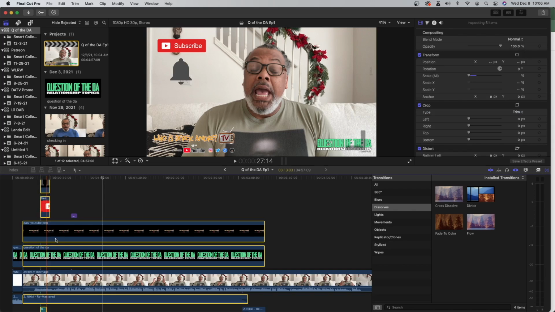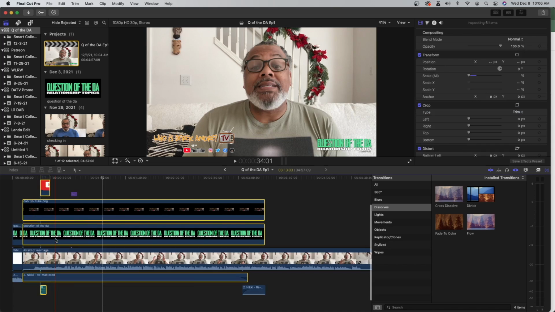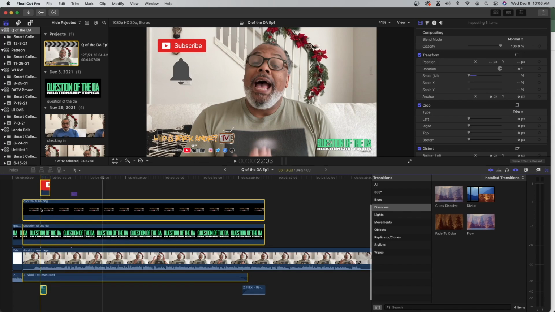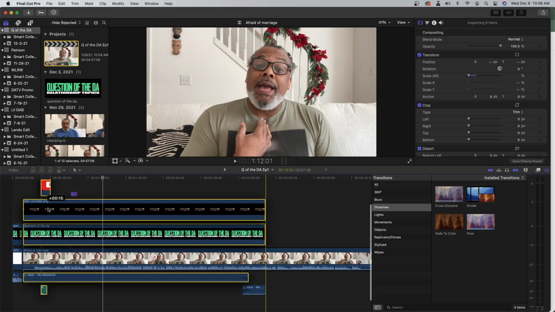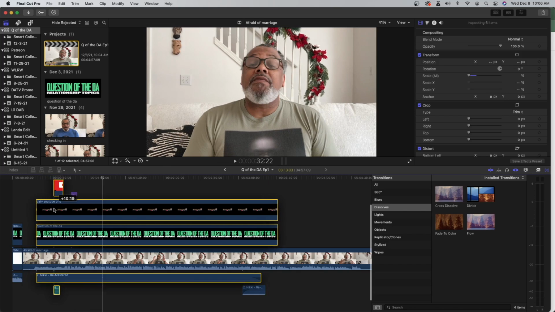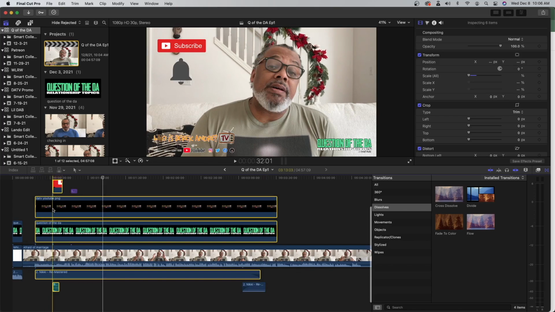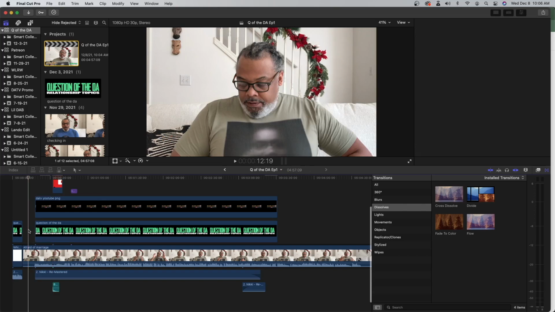All right. So because I'm going to cut that little quiet part out, what I like to do is I just drag all of this over to about right there. All right. And then once I've done that, I can click outside of the highlighted area and go back down here to